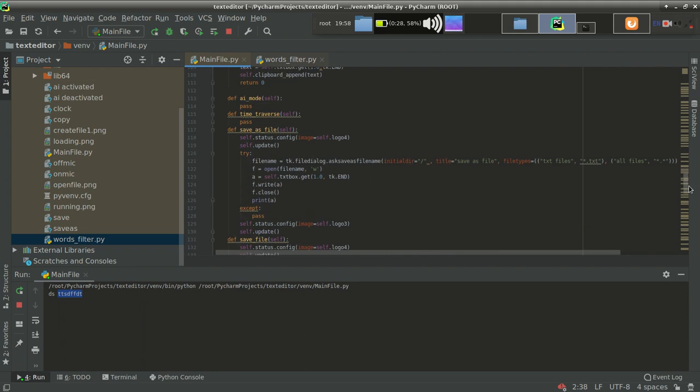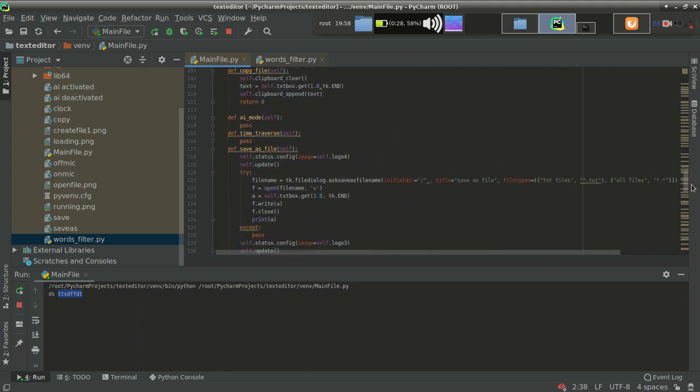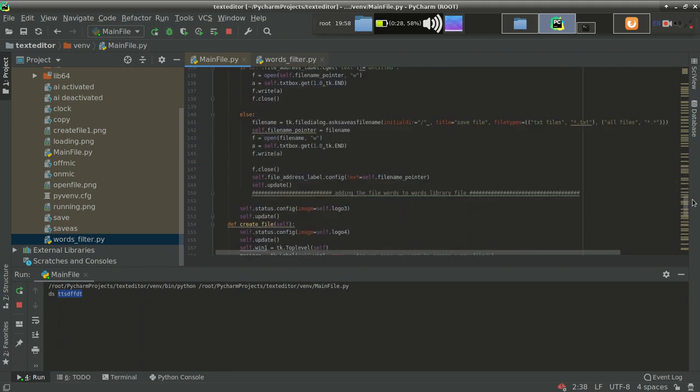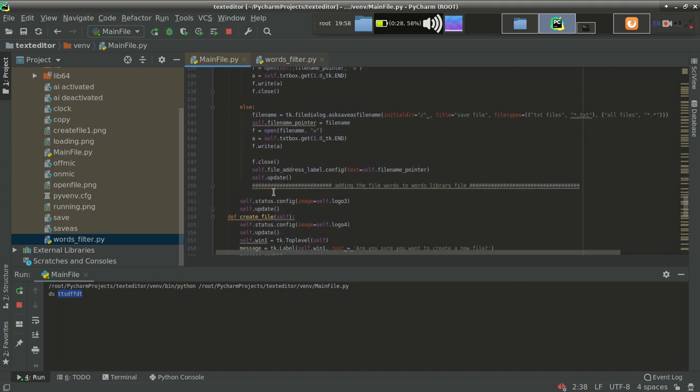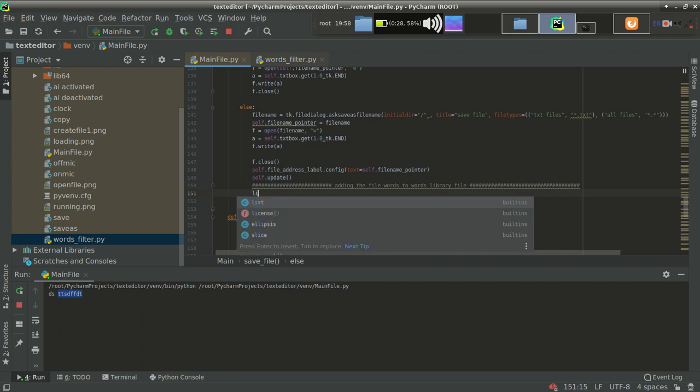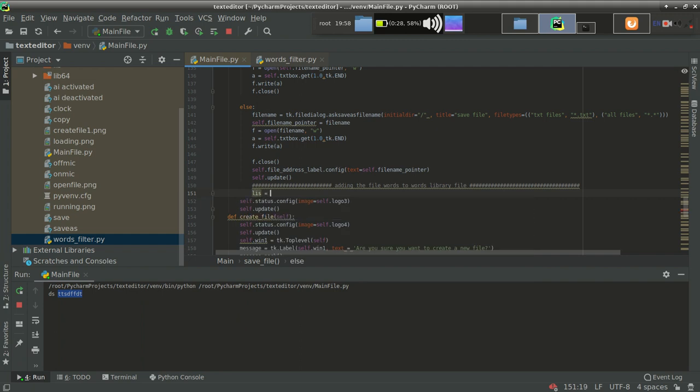Let's move forward. And we were at save. Yeah, this point. So what we want over here is to simply add words to the library. So let's add word list equal to words filter. Yeah, now it is suggesting words filter.